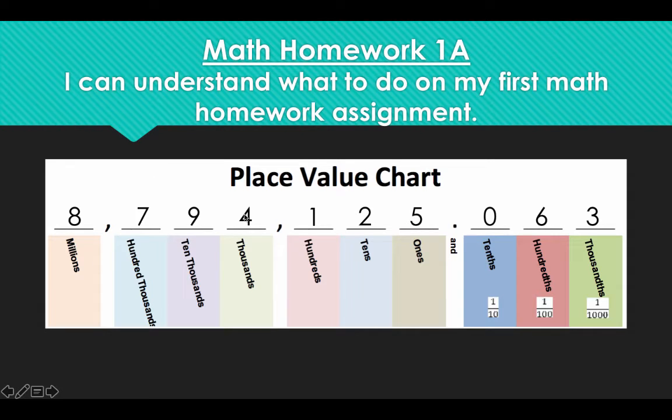I will expect you to put commas in your answers, and I will expect those to go into Schoology when you type your answers in. A good way to remember this is if you just say the place value name when you get to the comma, that's very helpful. Just a way to think about it. That's the end of that family. That's where I'm going to see that family name. So for example,